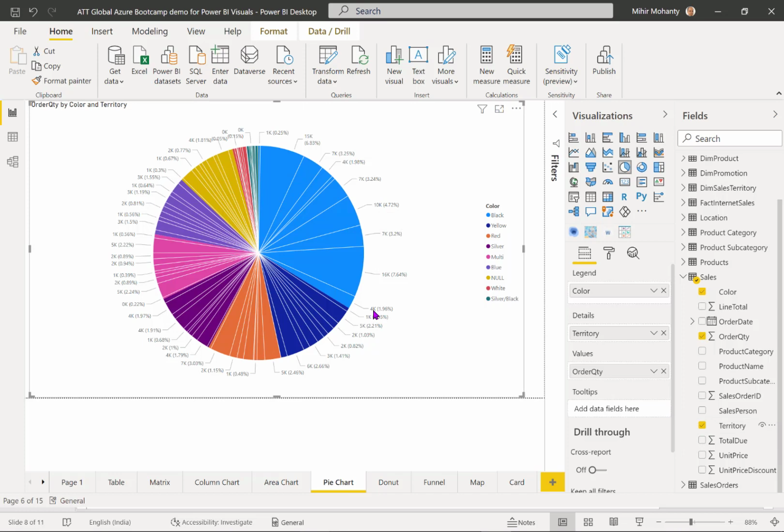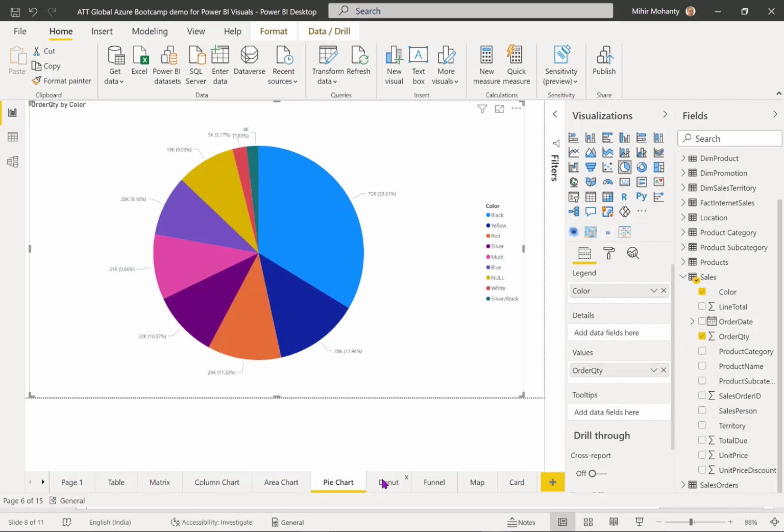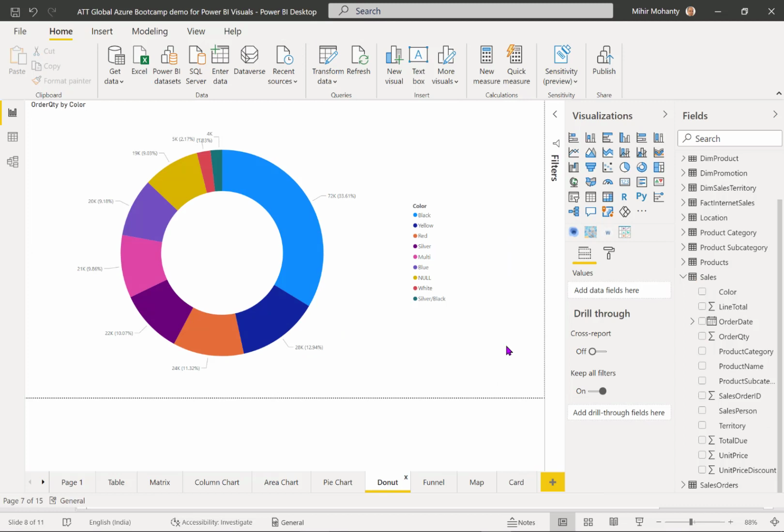If I want to add territory, looking at the territory data, this represents the visual changes to the pie chart, and that's where it's reflecting those changes over here. Similarly, there is another chart called donut, and there are no great differences between a pie chart and a donut chart. In a donut chart you see there is an empty circle within the donut's area, but the representation of your data points in visuals is almost the same.